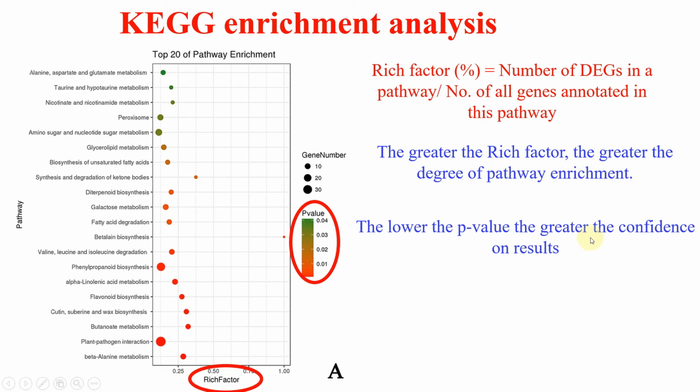See, the lower the p-value, the greater the confidence of the result. You can see here